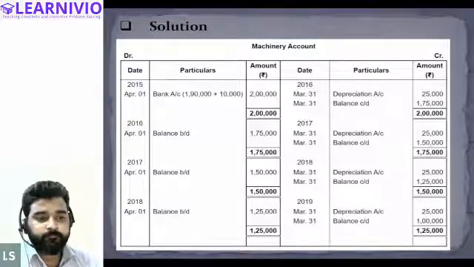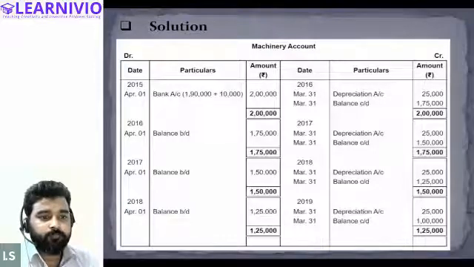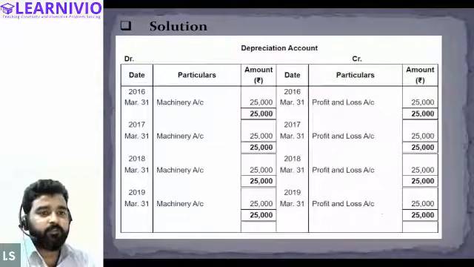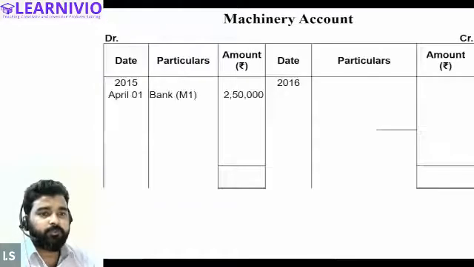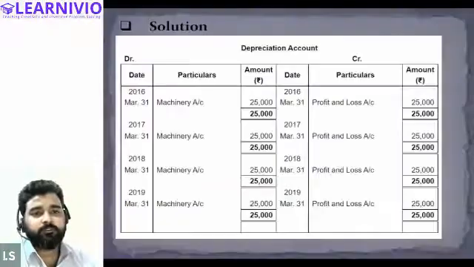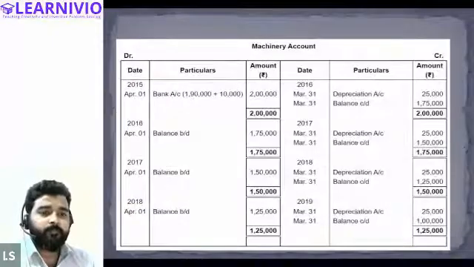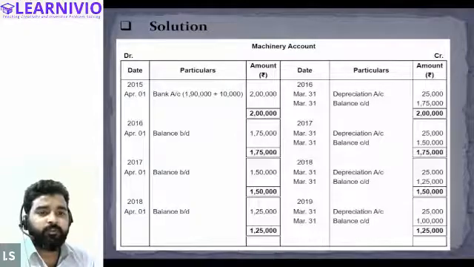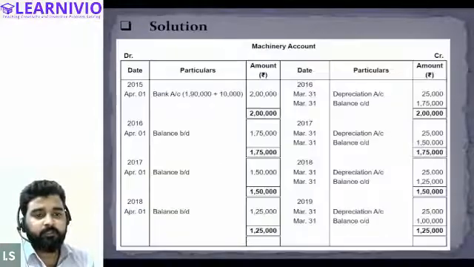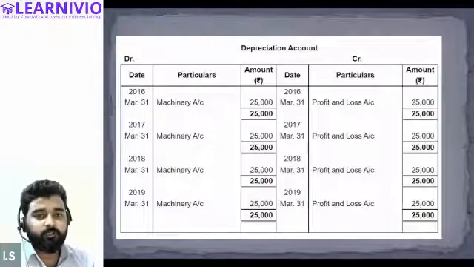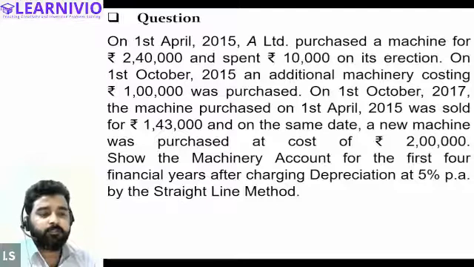No, sir, we were in the middle of this question. I think the first 2 years we did. Yes, I think we were doing this question. All right, so the next one. We have completed this question in the class, and we were solving this one. This one, 4 years, 5%. Okay.